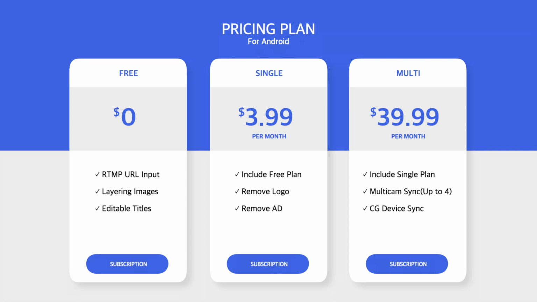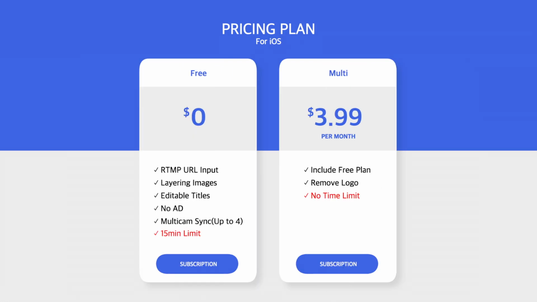And someone is going to be like, oh my gosh, if I use 4 devices, do I have to subscribe to the plans on all devices I'm going to use? Well, my answer is no. You don't need to subscribe on every single device. Just sign into your Google account on Google Play or Apple ID on App Store and go to plans on Relay. This is the information about the price for a subscription.